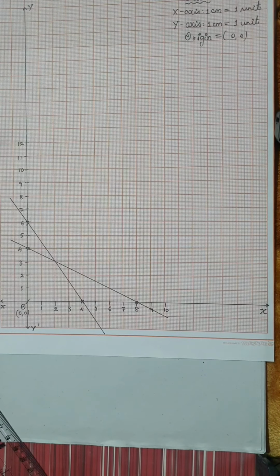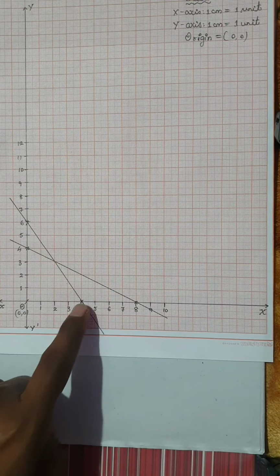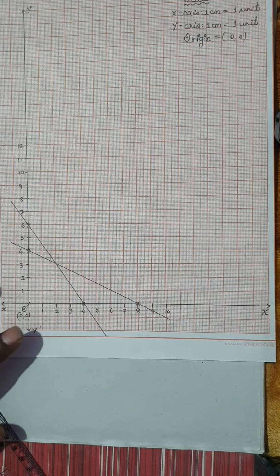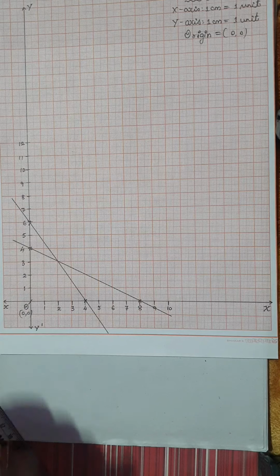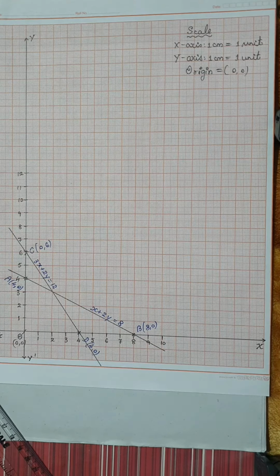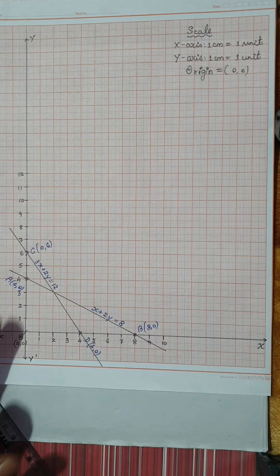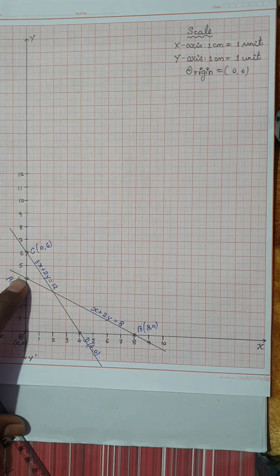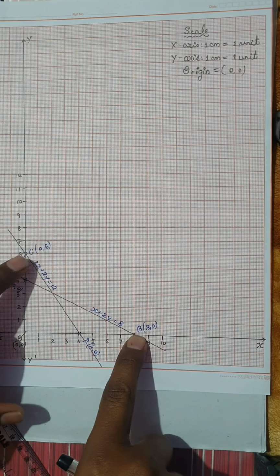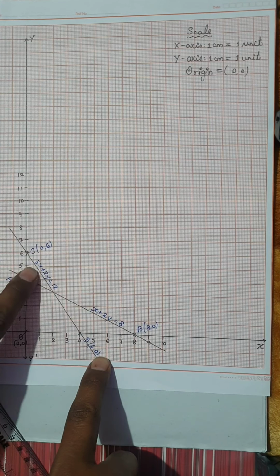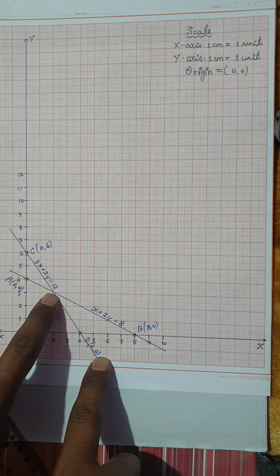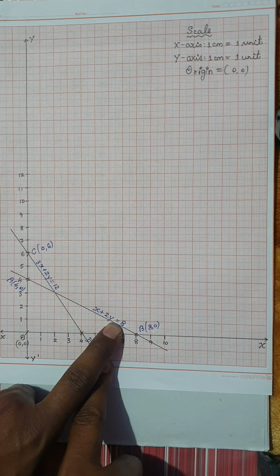So the two straight lines are ready. Now I'm going to name the points and name the line and get ready to find out the feasible region. Okay, you also do the same thing now. Dear students, I'm ready with naming now. Point A, point B, and point C which is 0 comma 6 and point D 4 comma 0, and the equations for these lines are 3x plus 2y is equal to 12 and x plus 2y is equal to 8.